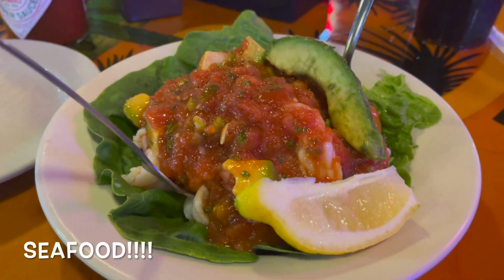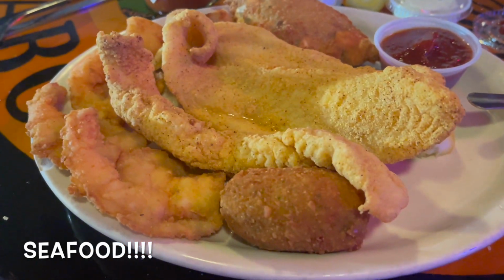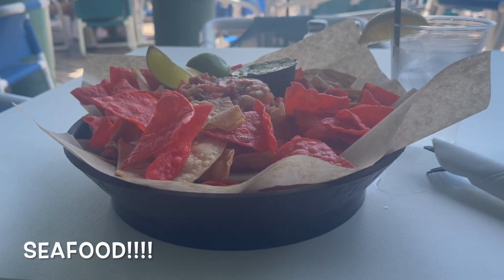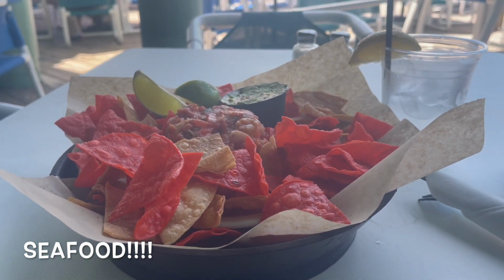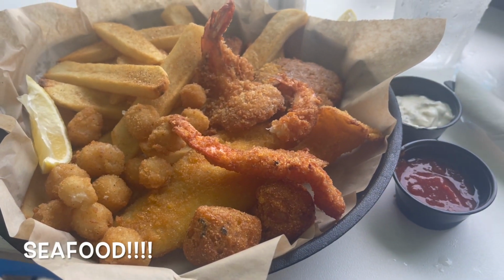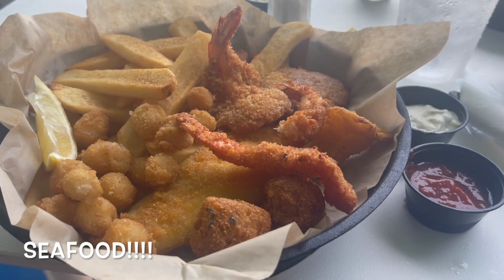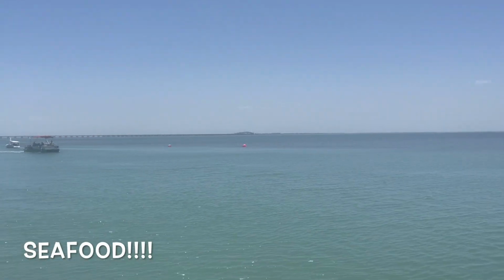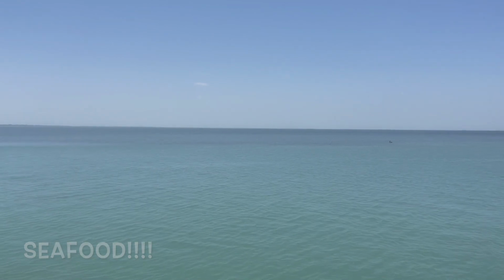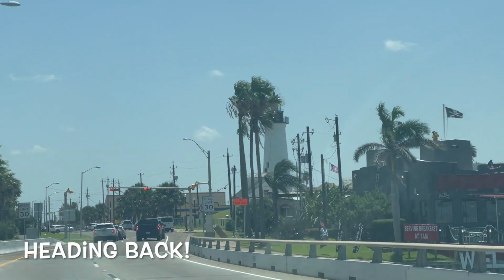And if you're here, you might as well try the seafood. I love Mexican cocktails and big old slabs of fish and coleslaw. I'm a huge lover of coleslaw. And more Mexican cocktails. Mexican cocktails here are pretty good, so make sure to get one if you're here. Plus, I always order the fisherman's platter, which has everything on it. Fried shrimp, fried fish, and everything. And this restaurant here had a pretty cool look at the Laguna Madre. It's not supposed to be that deep, but it's pretty wide. And then you head back